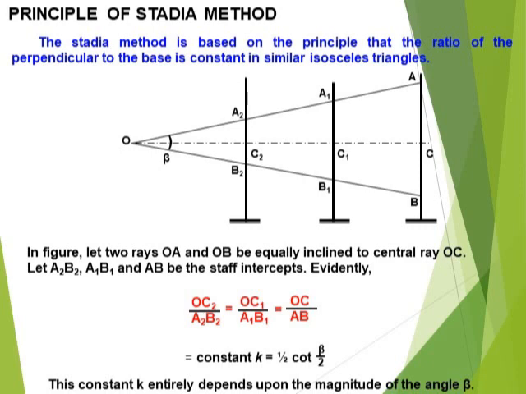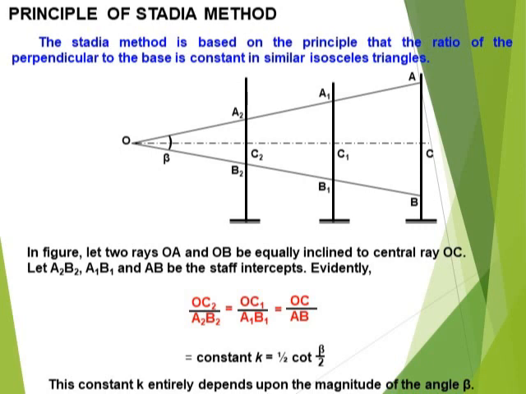Now coming to the principle of the stadia method. The stadia method is based on the principle that the ratio of the perpendicular to the base is constant in similar isosceles triangles. In the figure, you can see there are two rays, OA and OB, which are equally inclined to the central ray,